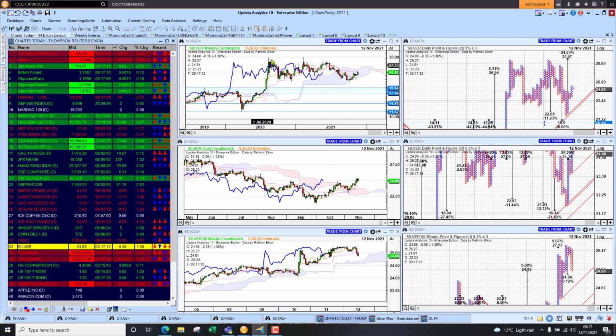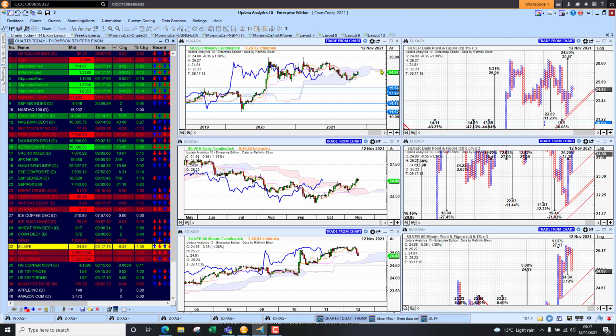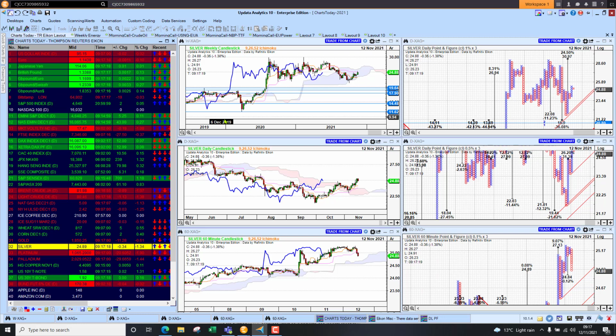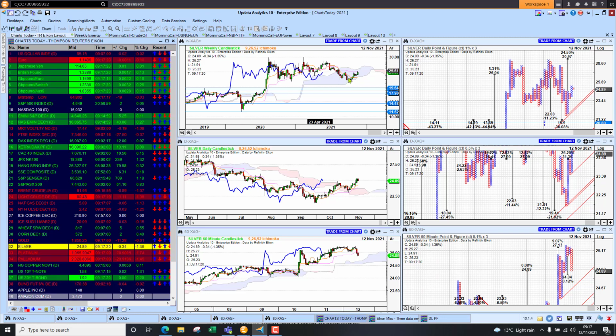And of course, if we break 30, I've been saying for a long time, if we break 30 on silver, we're going to the moon, because that would be a new high. And the pattern is that we've had that move sideways and then the move that would take us structurally to